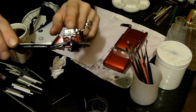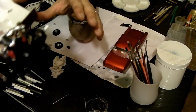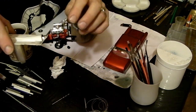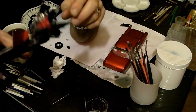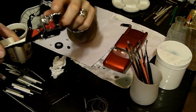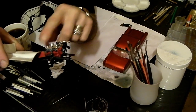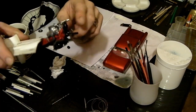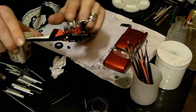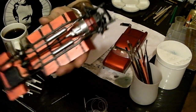The only differences I've made to the top are I've left the rocker covers in chrome, just because I think it looks quite nice, and there's a couple of little bits of painting to do yet, but the fan and everything's assembled, the fan belt is all painted up, and this pipe here I'm going to paint black once it's all in place. I may put a bit of a wash on the injection system, and the inlet side I've not decided yet. Underneath,